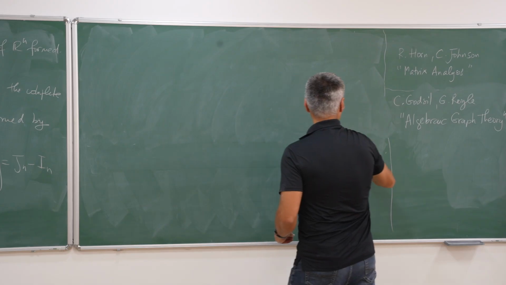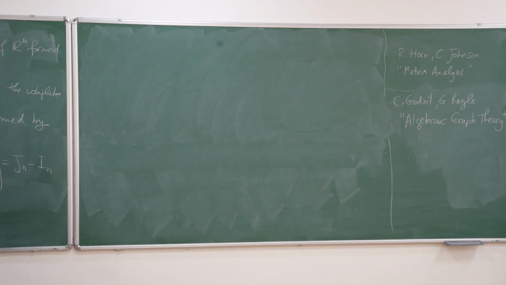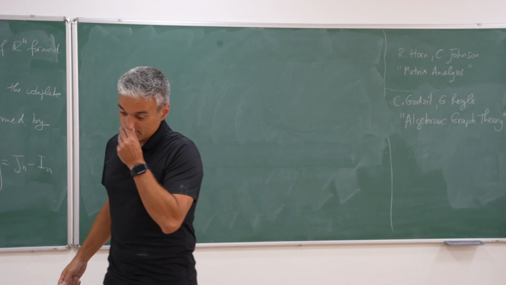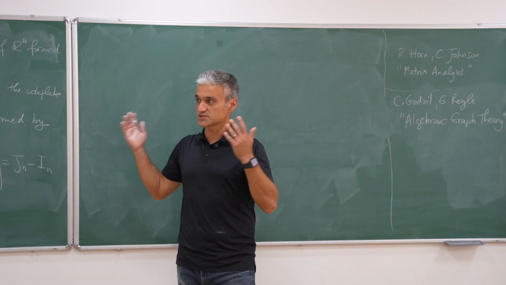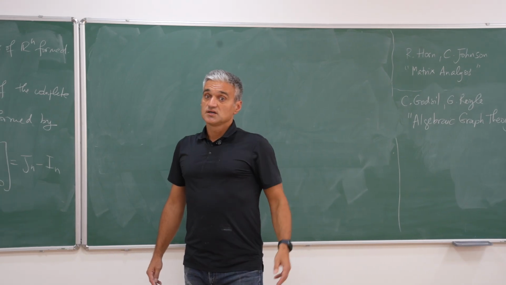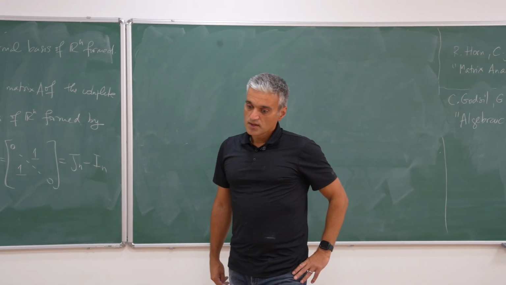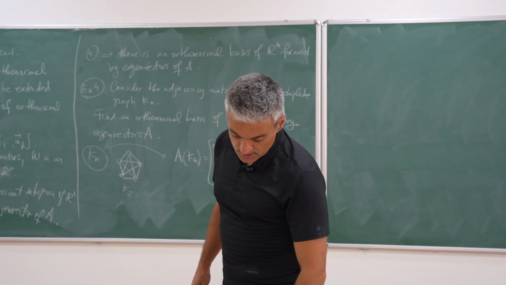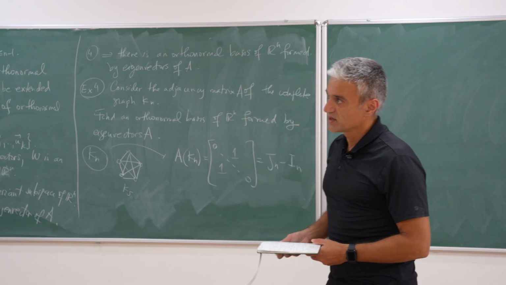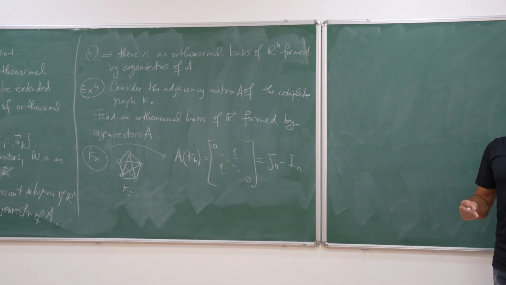So now, for the remaining half hour, let me give you a different perspective on this. What I showed you so far is a self-contained proof that every real symmetric matrix has a basis of eigenvectors that spans the whole space, and we will apply this from now on. But I want to show you a different perspective, which is broader and allows you to handle all the spectral decomposition theorems, Hermitian and normal and so on. Now, in this book by Horn and Johnson,